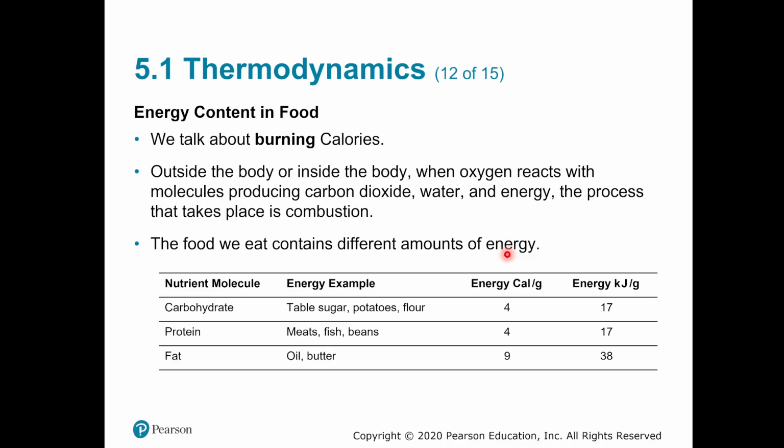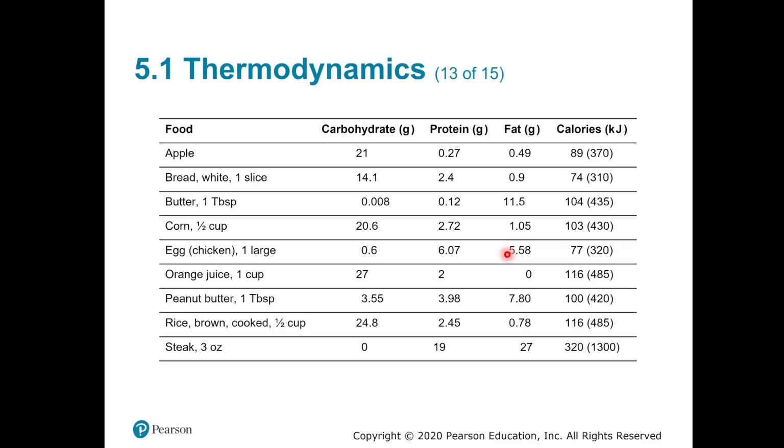Fantastic. So here's some different nutrients, different foods, and their different compositions. There's carbohydrates, proteins, fats, and their calories. Now, keep in mind that whenever you're talking about calories on a package label, this would be the amount if you actually burned it. A human being does not harvest that entire amount. It depends on how efficiently you digest things. So they typically range somewhere like 80 to 90% for most humans,